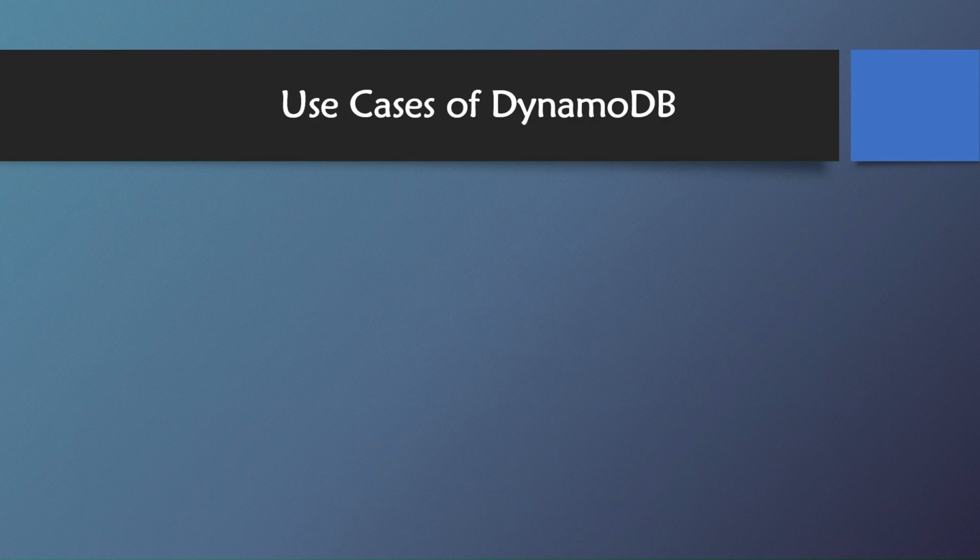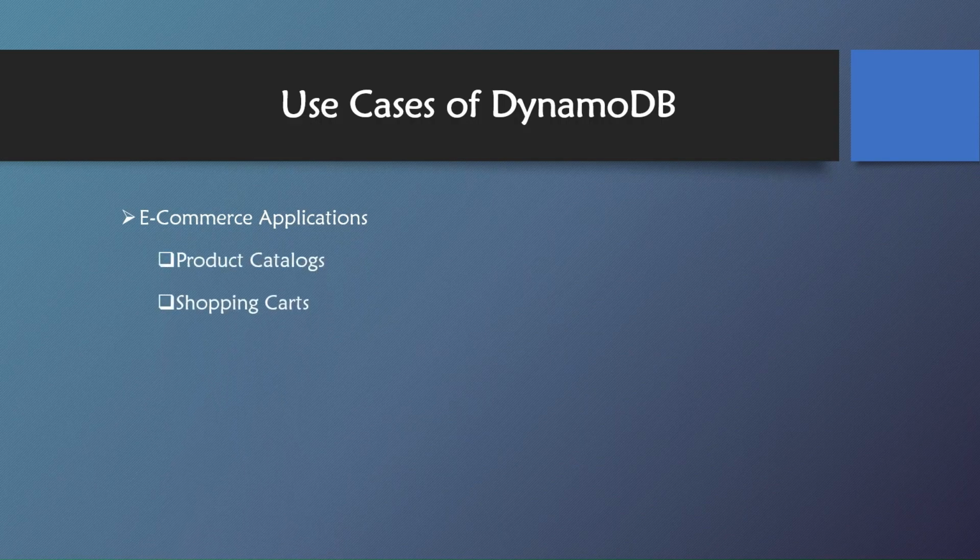So the next we have is the use cases of DynamoDB. The first case we have is e-commerce applications. In this we have two types. The first is product catalogs and the second is shopping carts. When it comes to a product catalog, DynamoDB is ideal for storing and managing large product catalogs in an e-commerce platform. It can quickly retrieve product details such as names, description, prices, and availability, making it suitable for fast